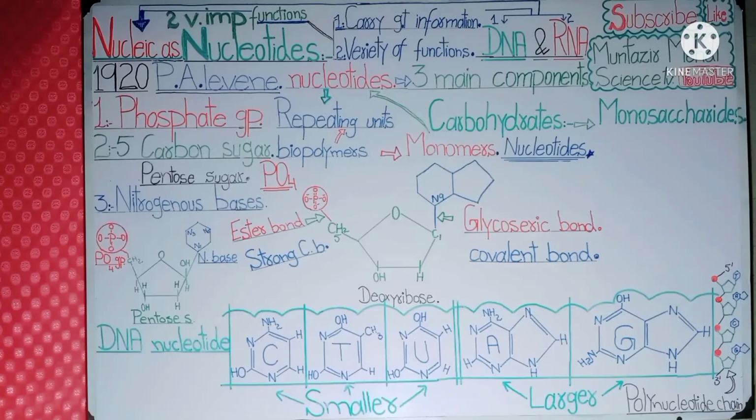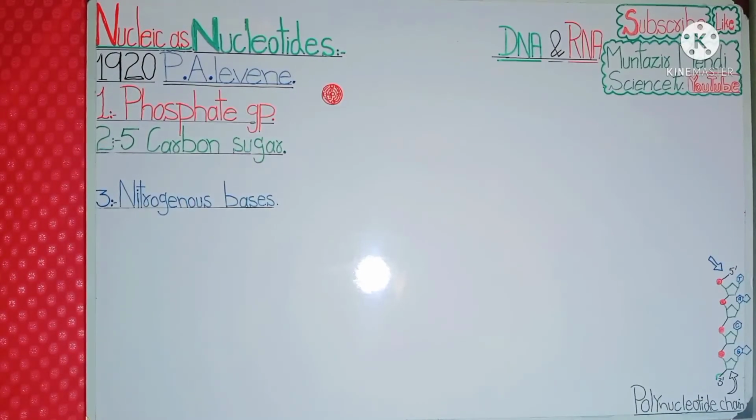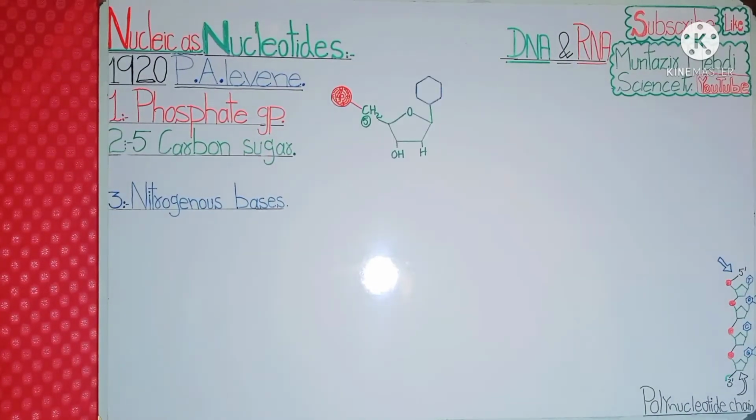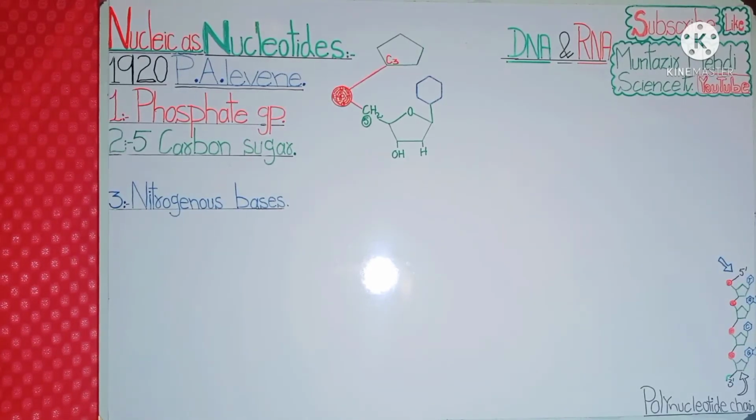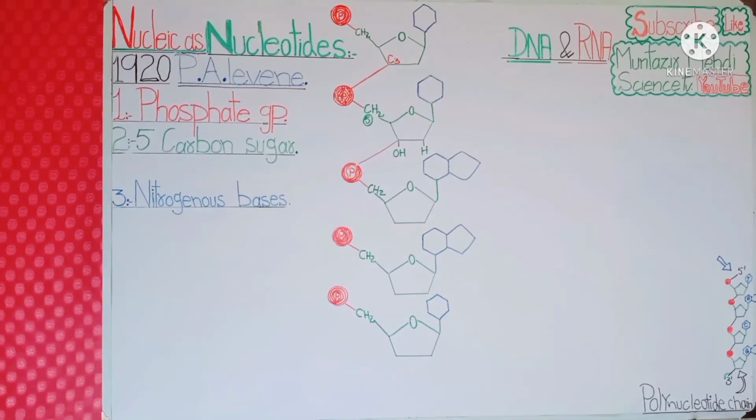Next, if we look at how many nucleotides bind to each other to form a chain of nucleotides, that is called a polynucleotide chain. You can see what happens: the phosphate group that attaches to carbon number 5 of the sugar below also forms a bond with carbon number 3 of the sugar above, and this pattern is repeated again and again. So the phosphate forms bonds with the sugars both above and below in the chain of nucleotides.